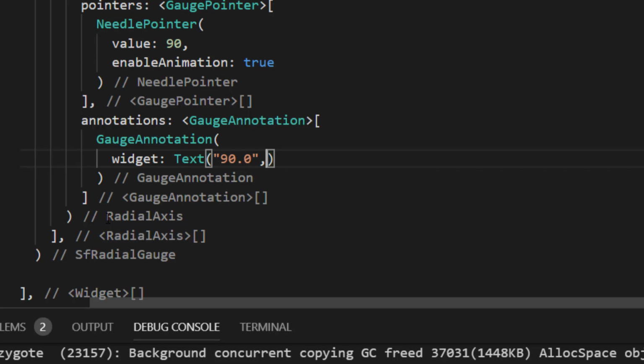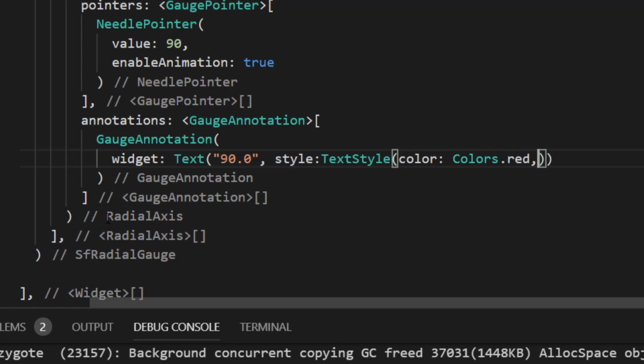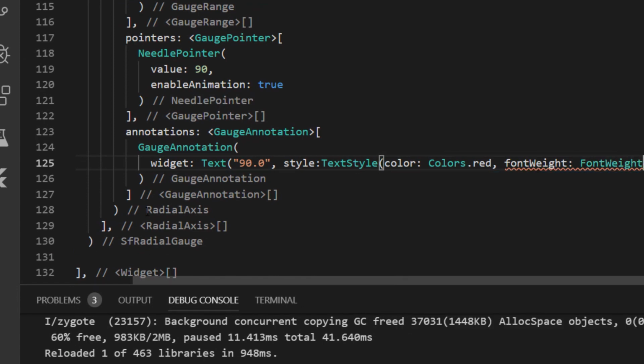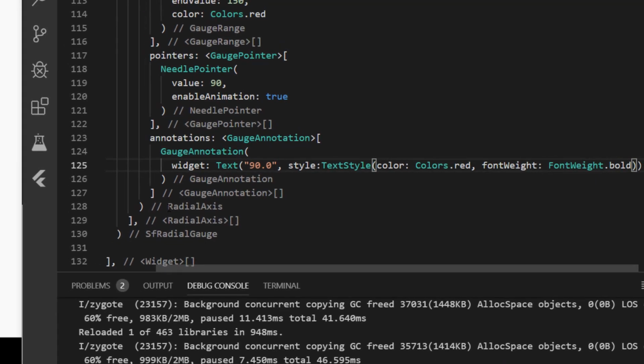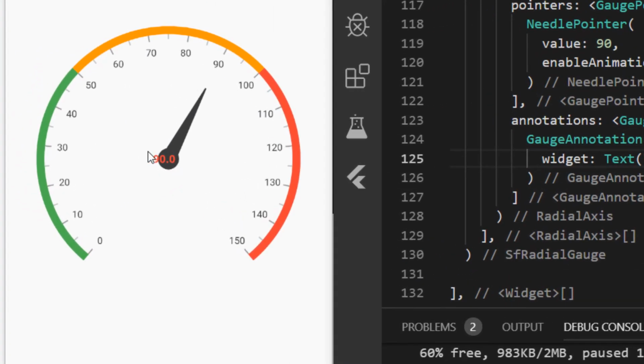And I'm going to provide the style for the text. I'm just going to set the color and font weight as bold. I'm just going to save this. There you go. You can see a value 90.0 is shown at the center of the gauge.